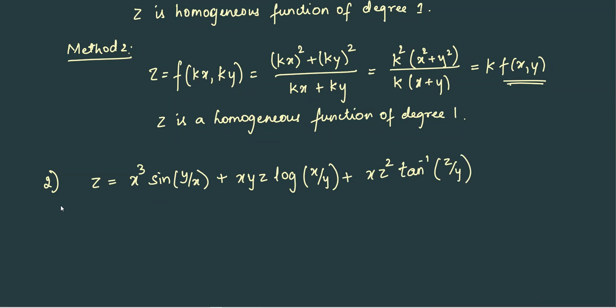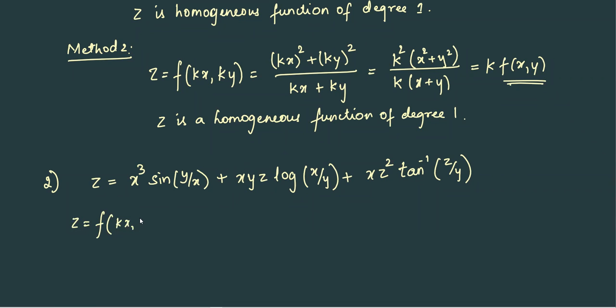So it's a complicated function. Now we can take x cube common and write everything in terms of y by x and z by x, and so on. Or another method is